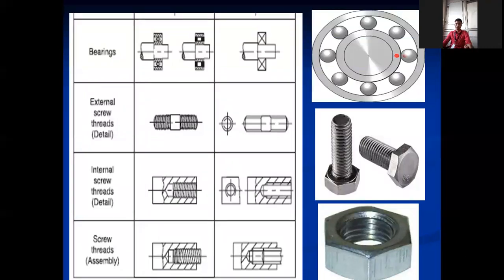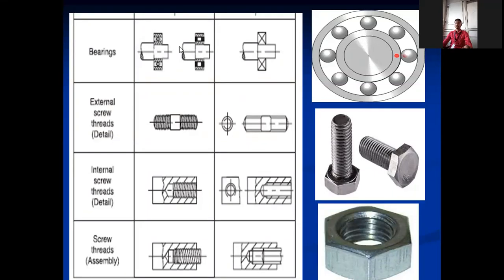Afterward, bearing we have seen. I am not getting responses. What is the primary function of bearing? What we have seen, quickly. Your response should be very quick. Primary function of bearing: to support the shaft. Very good. In that way you should give a response immediately, so that I also come to know that you are getting the things I am teaching. So the most important function of the bearing is to support the shaft. There are secondary functions, but at this stage we should know the primary function.